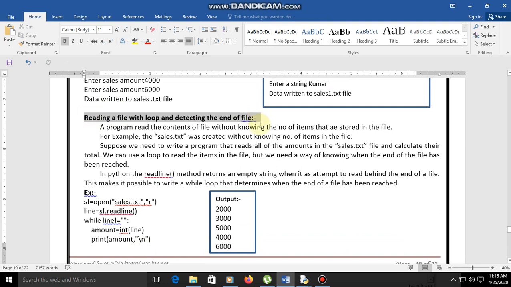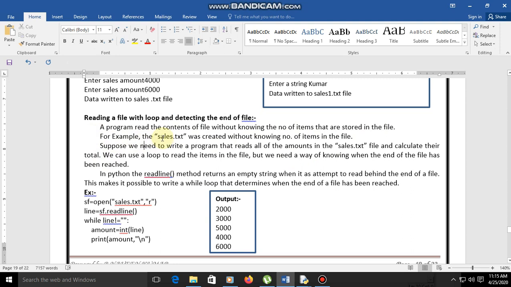Now here another topic is reading a file with a loop and detecting the end of file. First, a program reads the contents of a file without knowing the number of items stored in the file. The data is already stored, so it can be retrieved. How many lines are stored in the file, we do not need to know, we can simply read.